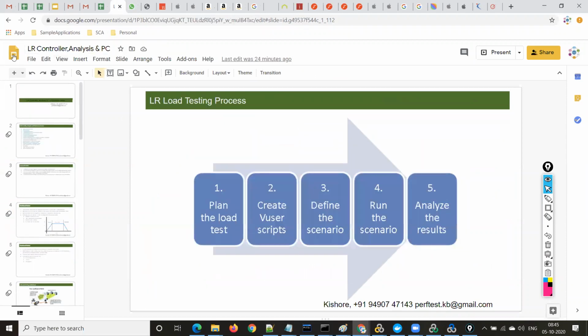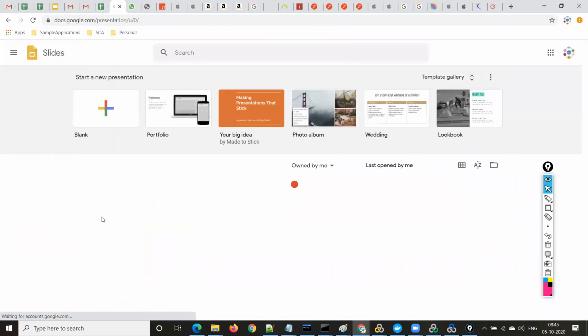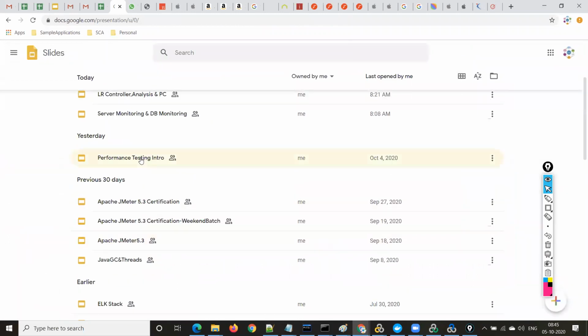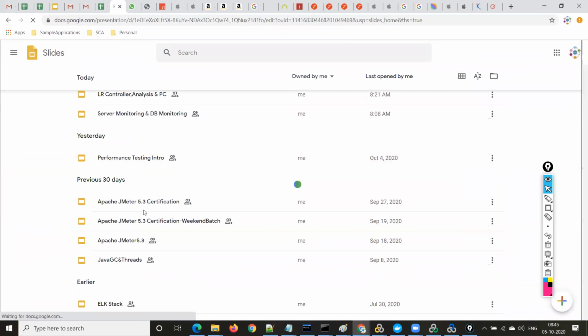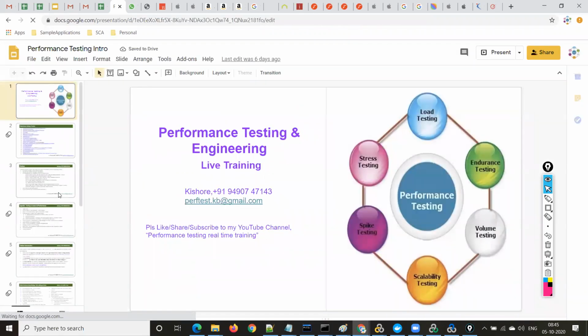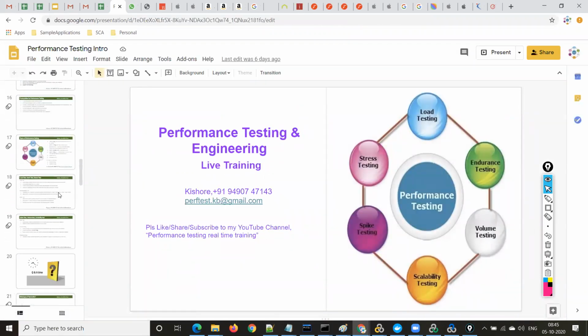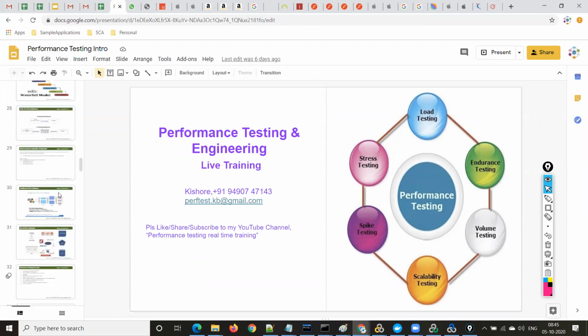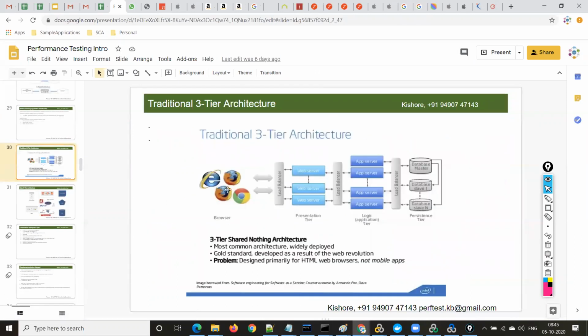I explained that in the performance testing introduction, the first 10 hours, right? All the user requests will go to the web server, right? And how many hits the web server is receiving, that is called hits per second, right?